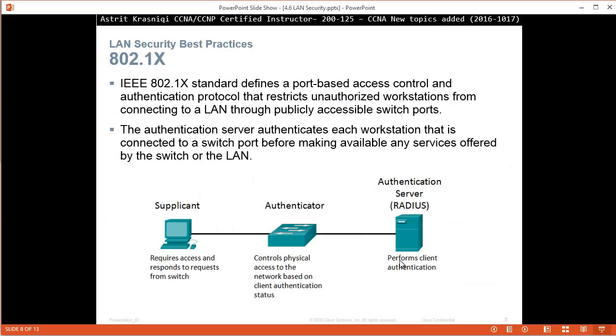The IEEE 802.1x standard defines port-based access control, an authentication protocol that restricts unauthorized workstations from connecting to the LAN through publicly accessible switch ports. The authentication server authenticates each workstation that is connected to the switch port before making available any services offered by the switch or the LAN. So, for example,